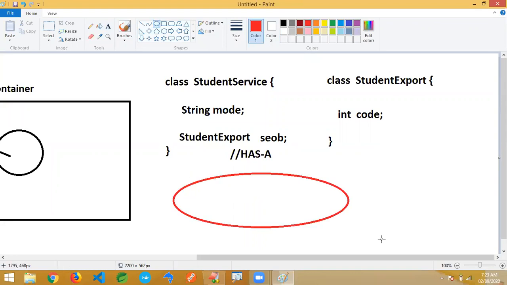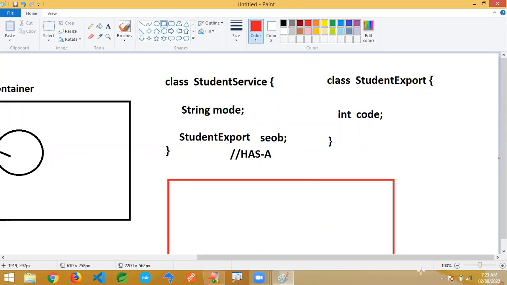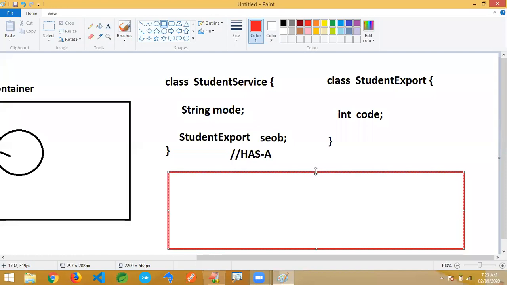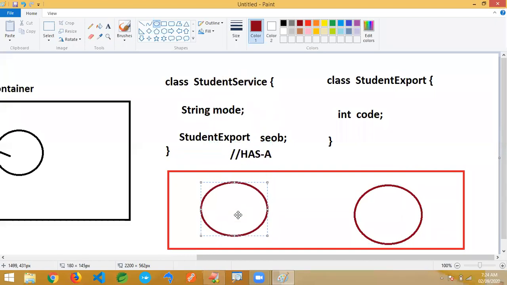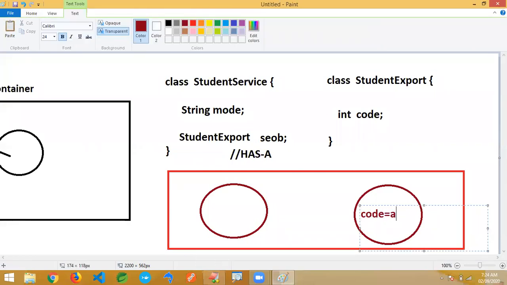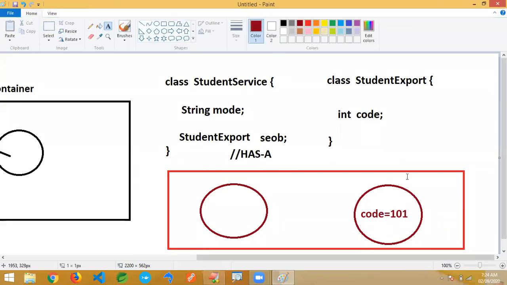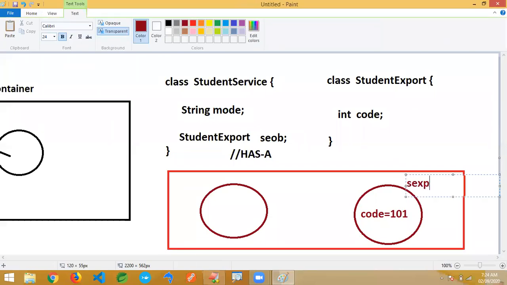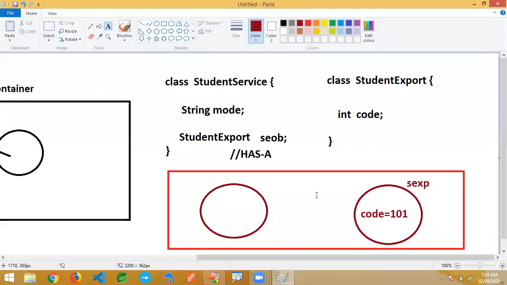I just want to inform the Spring Container, hey Spring Container, create the objects. The first one is the object for StudentExport, and the second one is the StudentService object, and link these two. Here it has code equals 101. This object name I'm writing here SEXP, StudentExport.